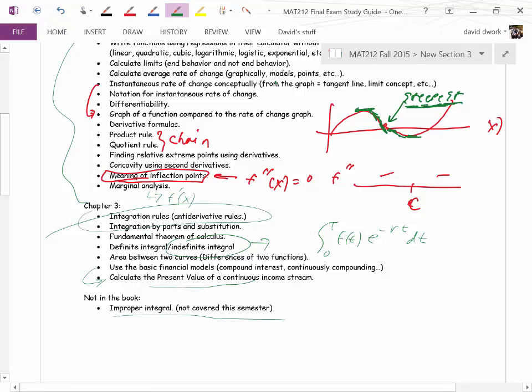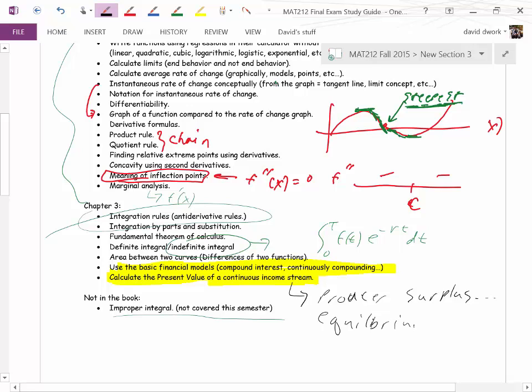And so the only ones that are not really formulaic, the ones that are a little more thinking based, is just these last two. It's the basic financial models, which is not really so much. It's really the present value and the continuous income stream. And the one thing that is actually missing from here I need to add on would be the whole producer surplus, those ideas, and the whole equilibrium, point of equilibrium. So make sure